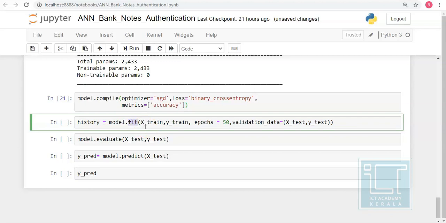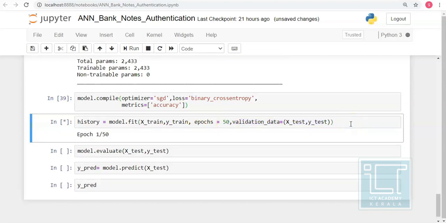The fit method will take 2 arguments, the xtrain and the ytrain, and then we have the number of epochs, basically the number of iterations that we want to carry out, and then we can also mention the batch size if we want. I have not mentioned it over here. Also the validation data, so while training it will also compare the loss and accuracy on the validation data. I have given here 50 epochs, that is 50 iterations.